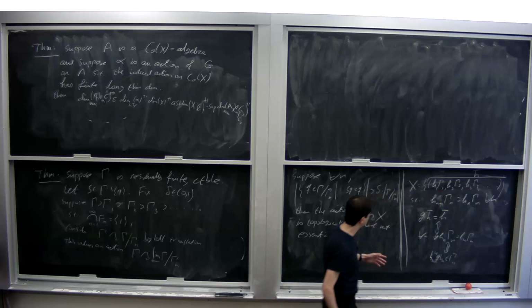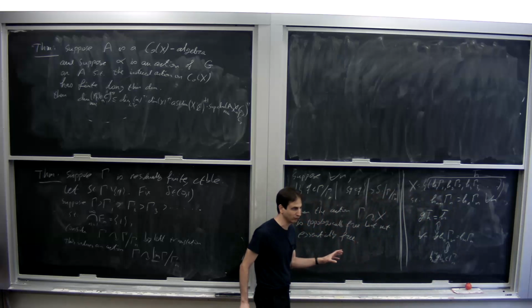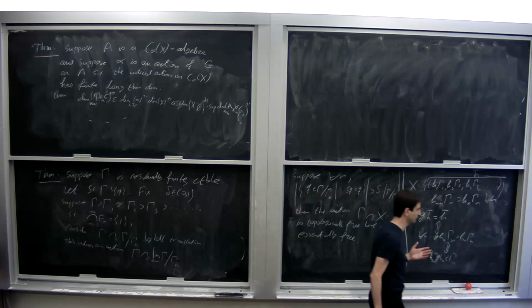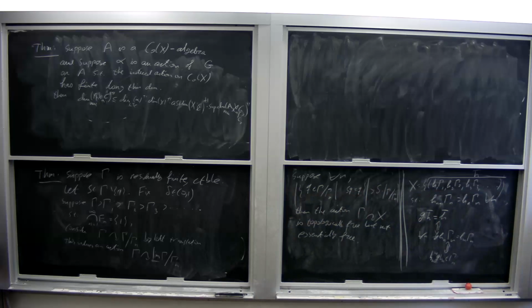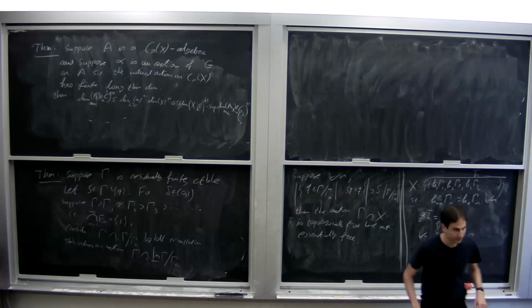I want to mention that to give some idea of what would be involved, because you can't construct such examples for something like an abelian group. That would never happen. Somehow you want those kinds of subgroups to be very far from being normal for this to work, to have those fixed points.